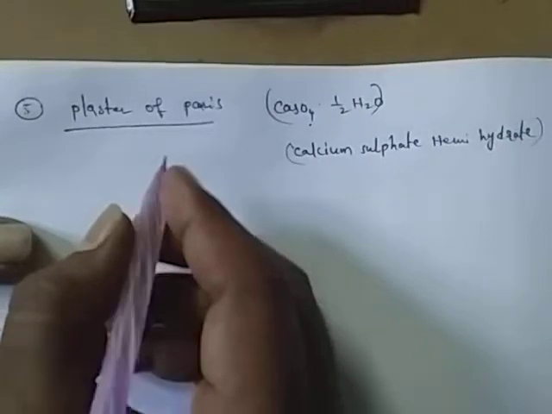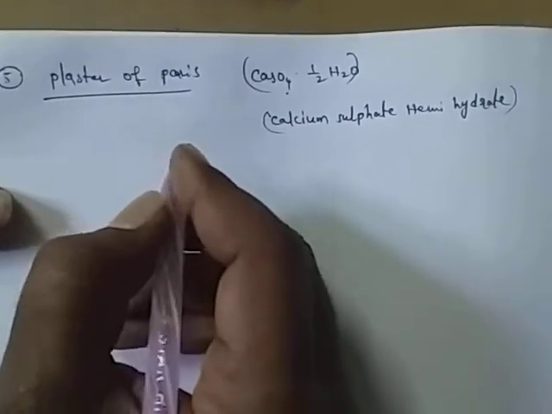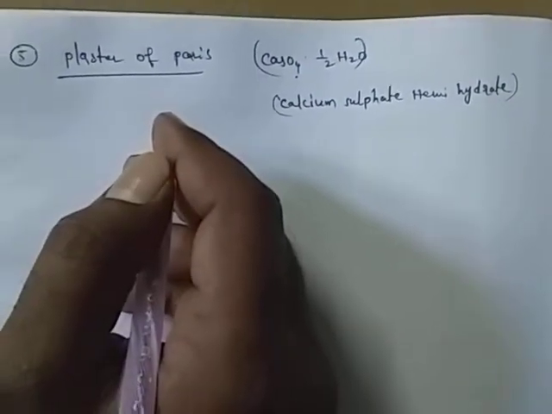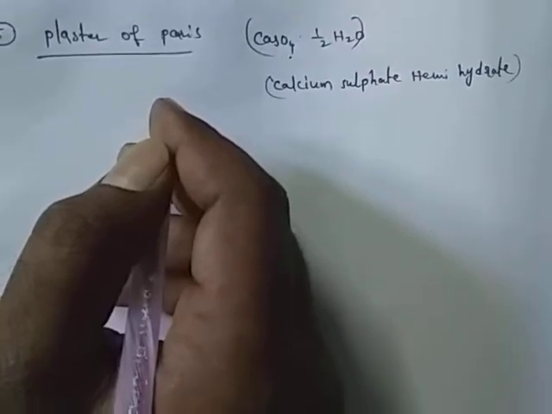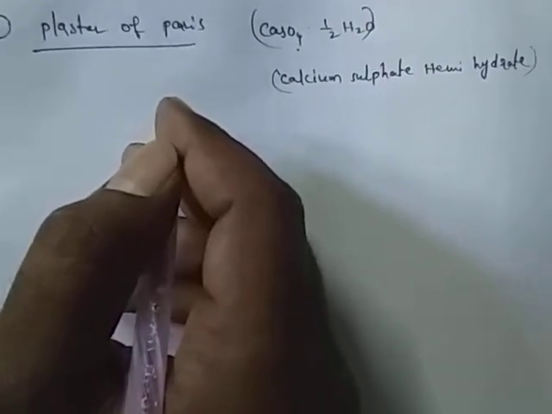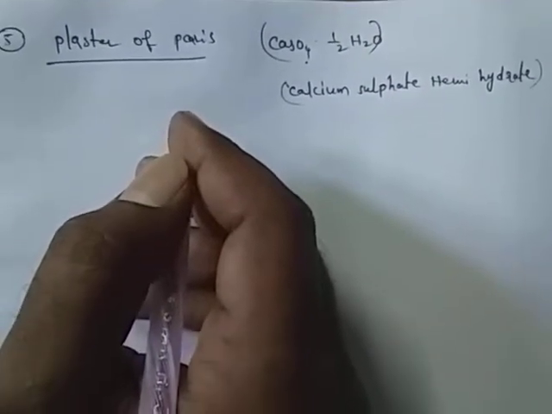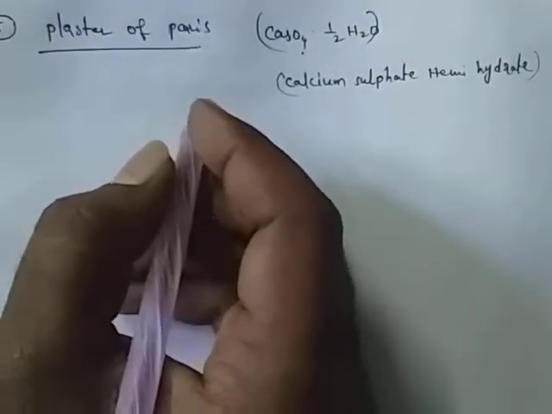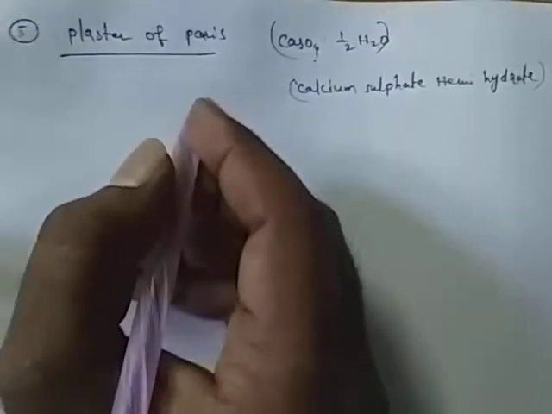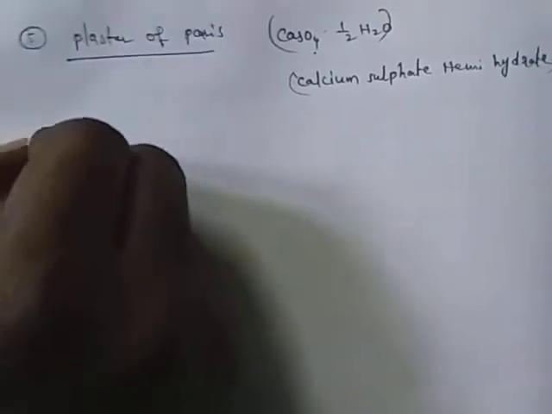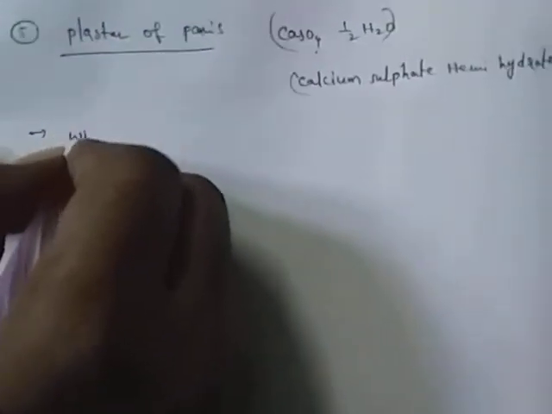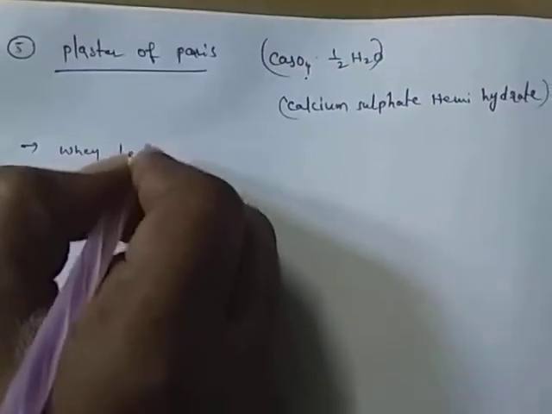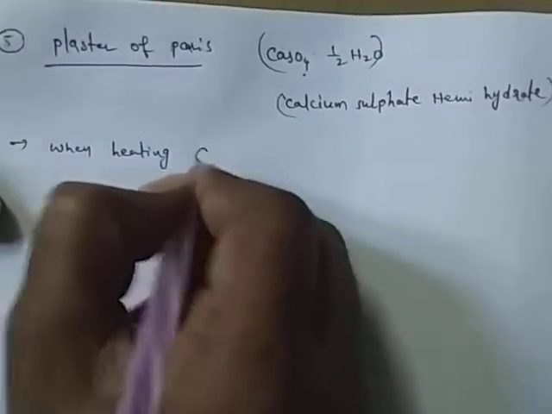Now, POP is a white powder. When we are mixing it with water, it changes into gypsum. Now, how can we prepare it? When we are heating gypsum,